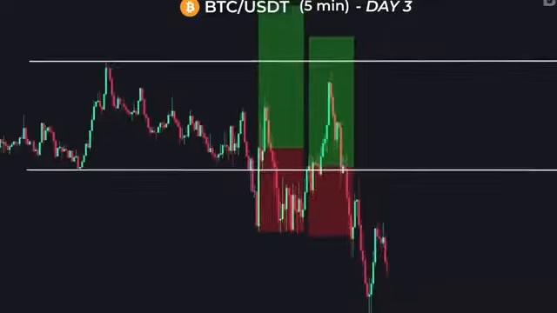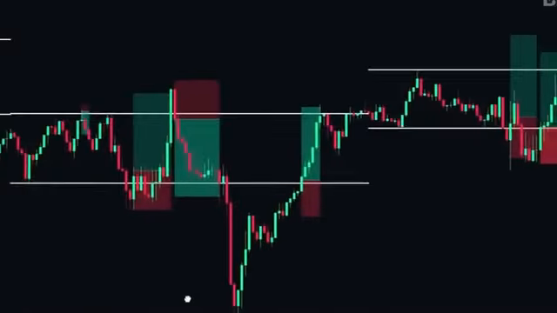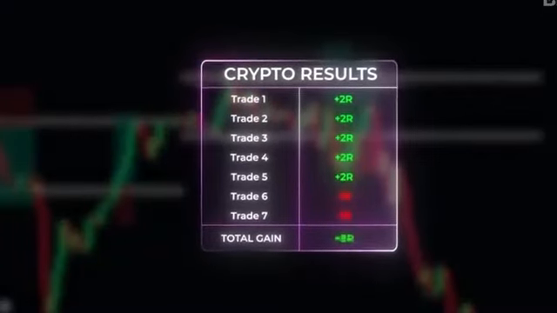After that, price didn't re-enter the range until the end of the day. So that wraps up today's session. Now, let's see the final results. Here you can see all the trades we backtested. Out of 7 trades we took, the strategy gave us 5 wins and 2 losses, with a total gain of